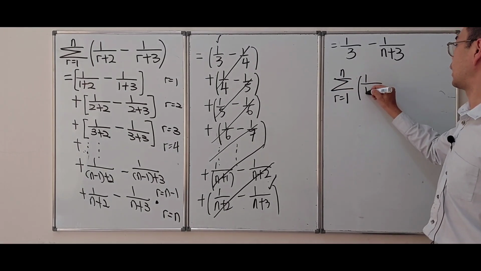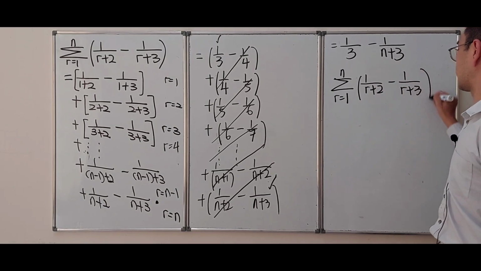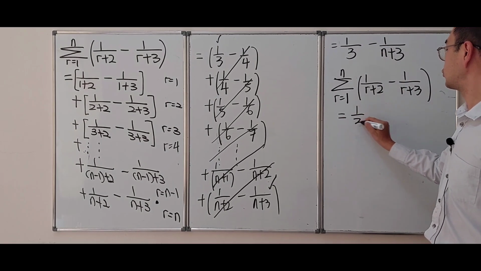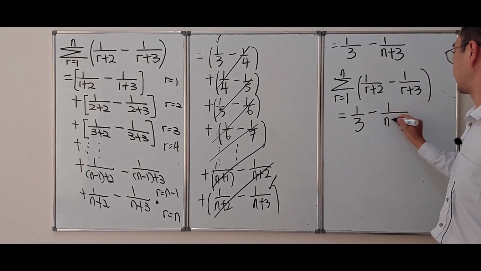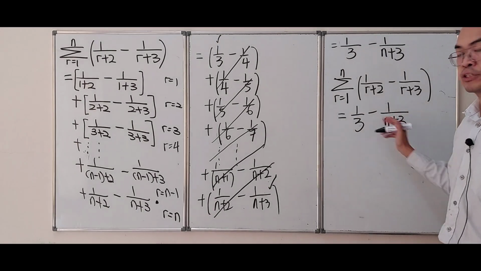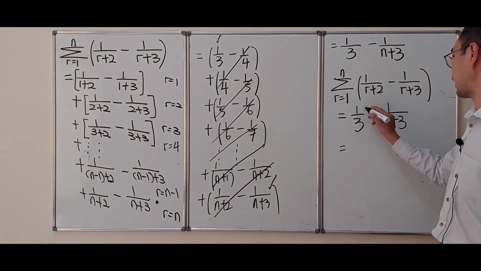So 1 over r plus 2 minus 1 over r plus 3 can be simplified. The sum value will be 1 over 3 minus 1 over n plus 3. Alright, so you can simplify the fraction here by multiplying here with n plus 3,